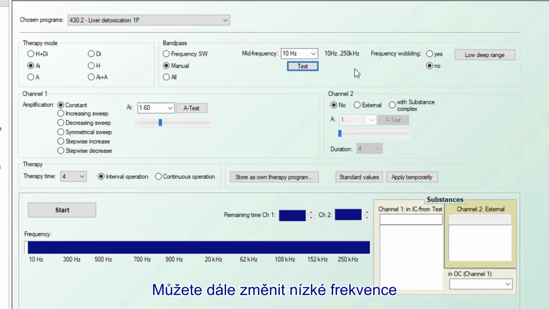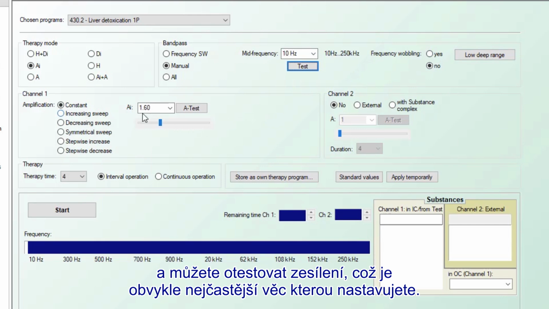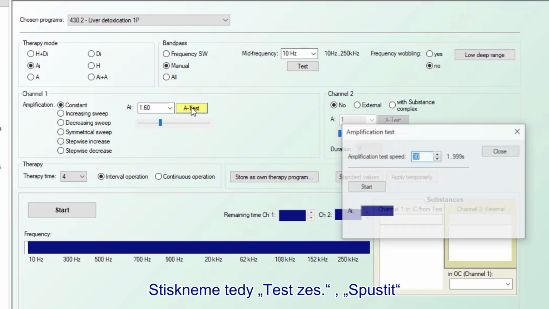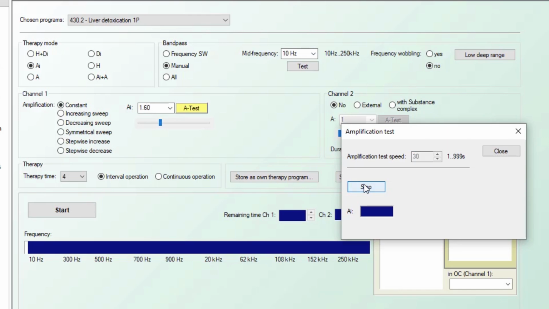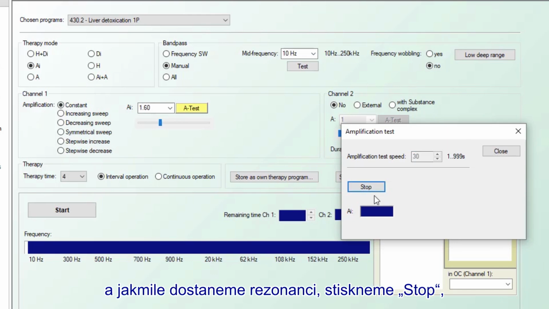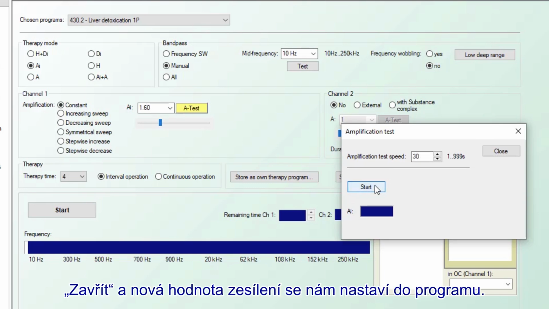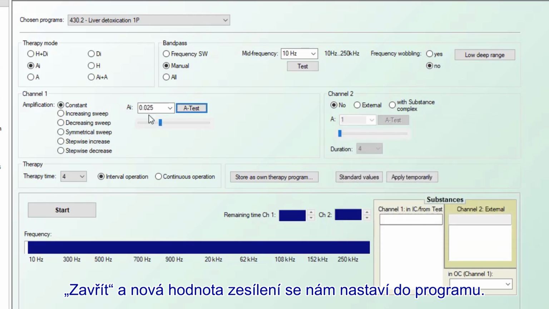You can change the low deep frequency range, and you can test the amplification, which is usually the most common one. So do the amplification and we press start, and as soon as you get resonance you press stop, close, and it changes the